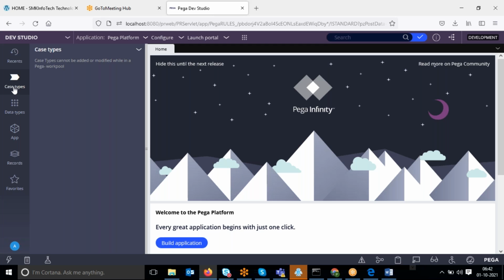Now, what is a case type? Business process flow. How do you identify the business process flow in your requirement? Is there any process that it is going to do step by step? That is the process flow. No doubt. Step by step, how account creation works: what do you mean, first the customer,